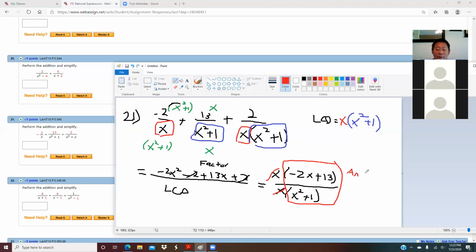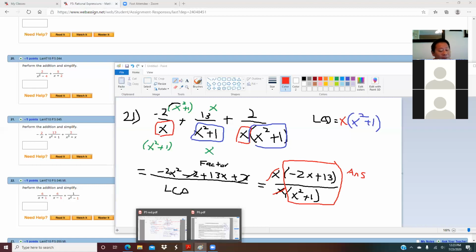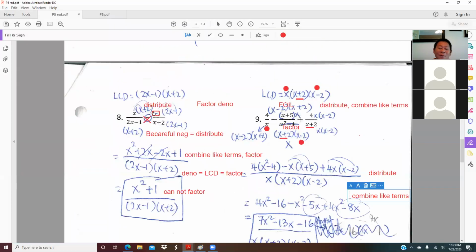Okay. Do you guys have any questions so far with adding and subtracting rational expressions? Yeah, it is tough. I can tell you this is not easy. This is very tough. Okay. And the last one is even more difficult. I always keep the last one